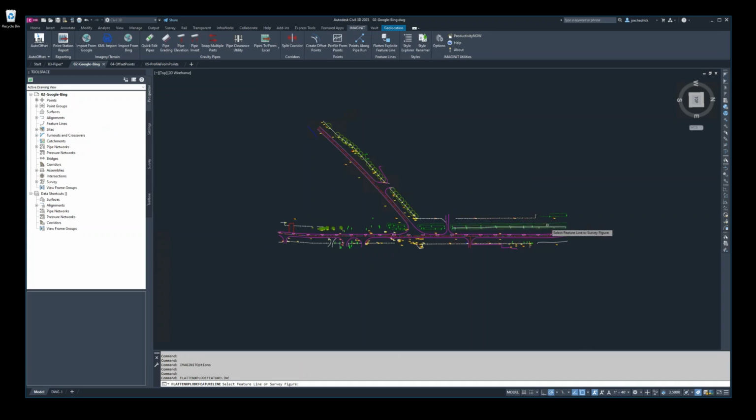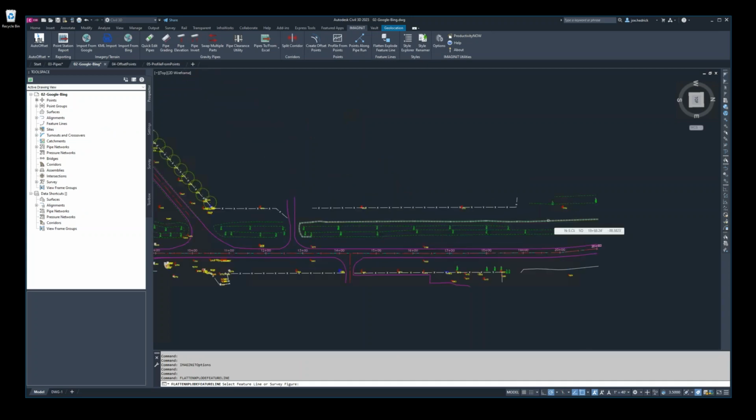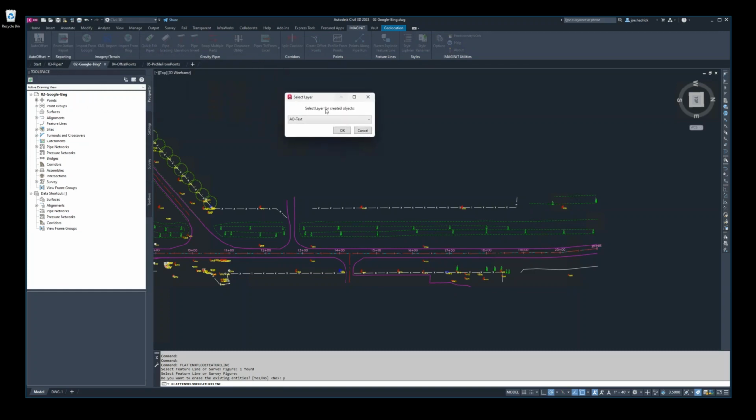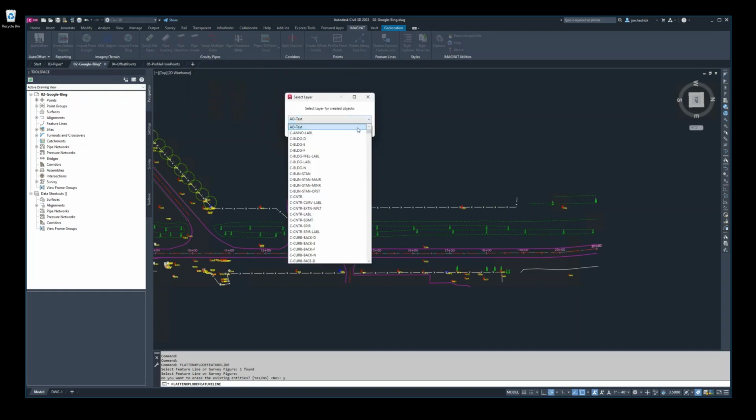Flatten feature lines, and let's just pick this one back, right, this top of bank. So I'm going to pick on that. It's going to ask me, do I want to erase the existing one? We'll say yes. And because I had it set to prompt, I'll pull this over toward the middle just a little bit, right? We get a list of, hey,